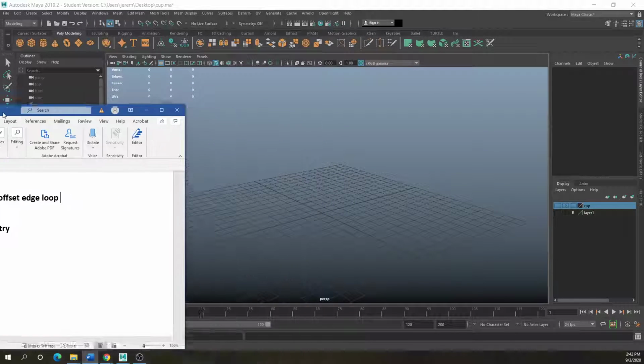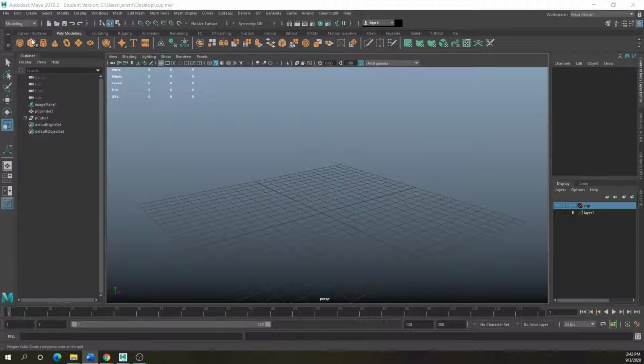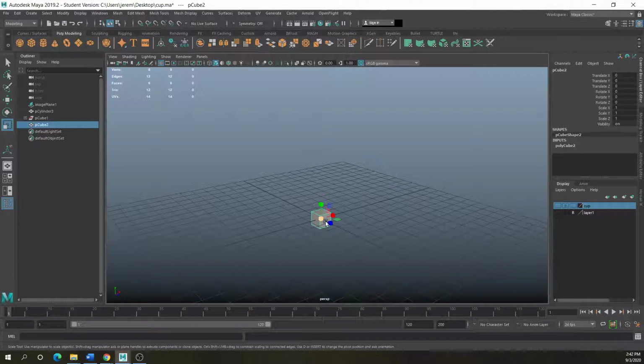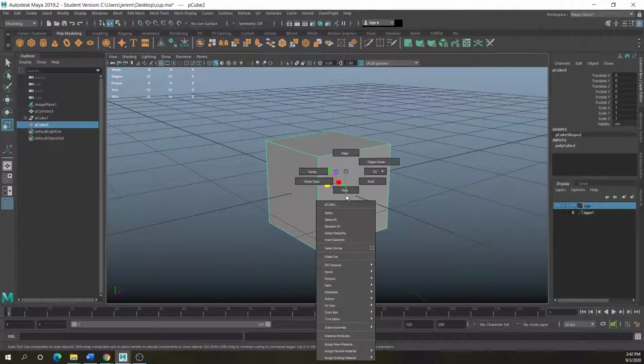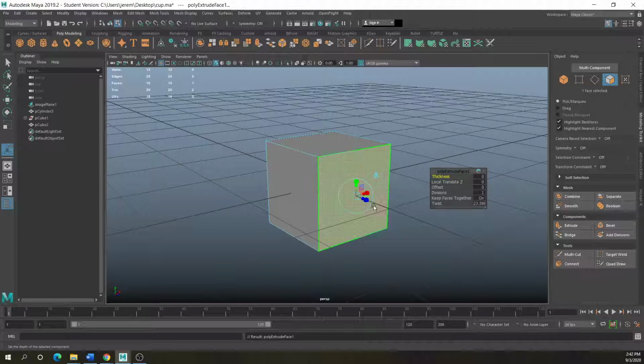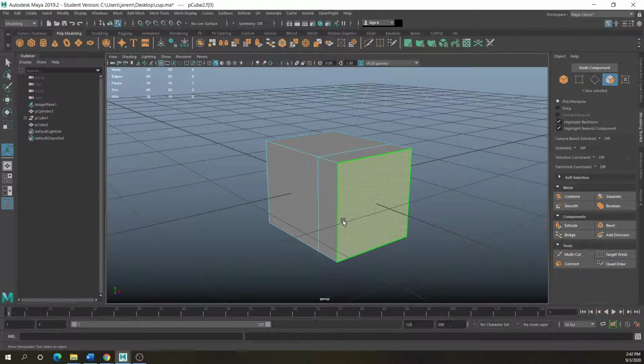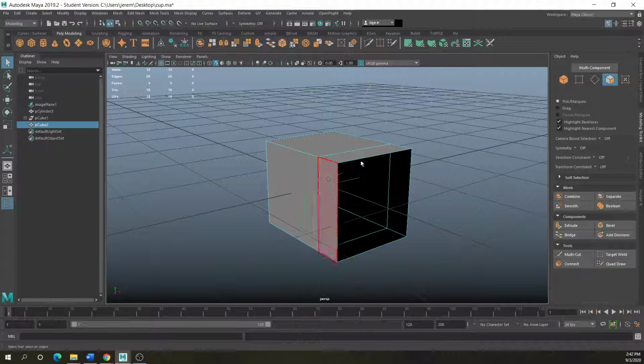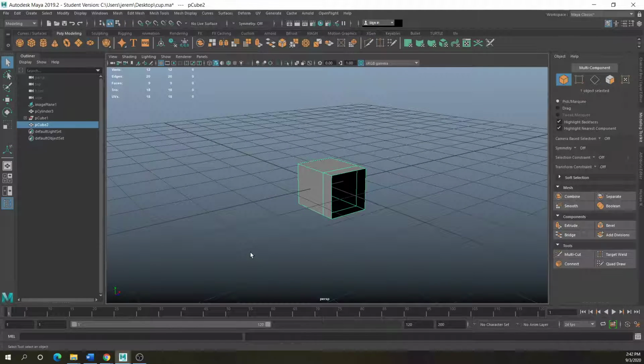We've mentioned extruding before. Extruding is basically where you have a piece here, and if you go into face mode and select the face, you can extrude out how you want it, like this right here. That's all fine and dandy.